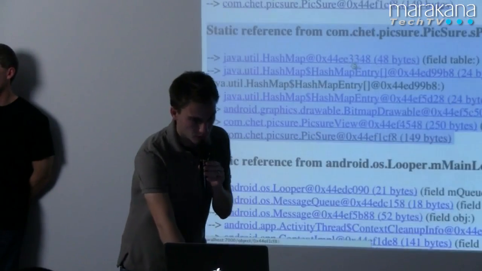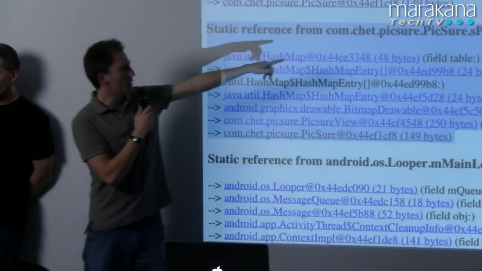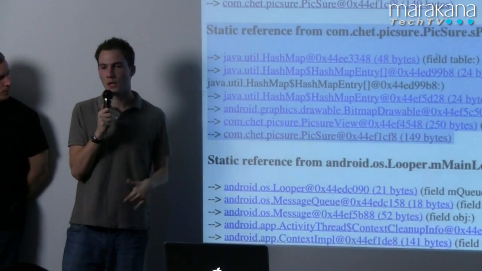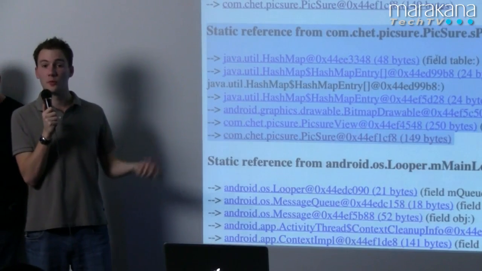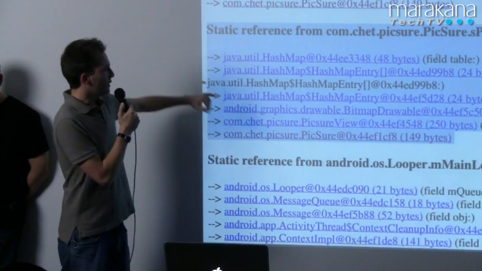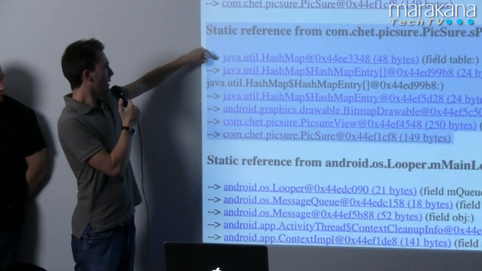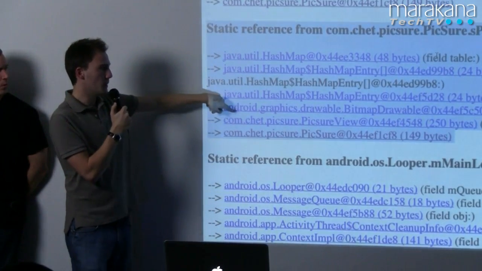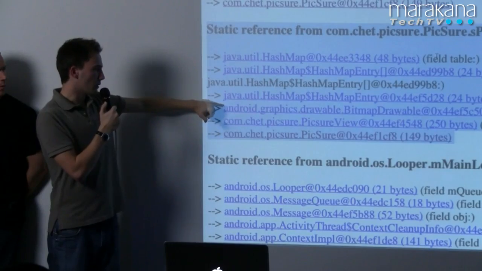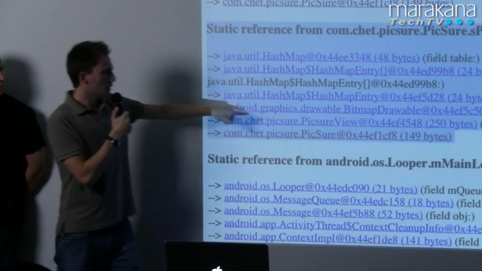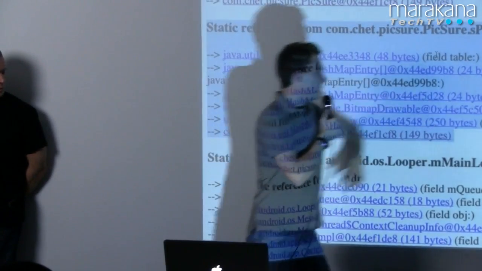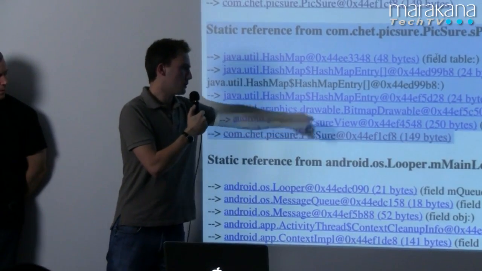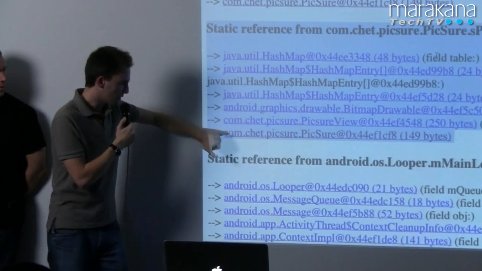It's a static reference from a field called sPictures in my class. sPictures is a hash map that I've created. It's a cache that contains all the bitmaps that the application is displaying. And if we look at the chain of reference, we have the hash map, a hash map entry, some stuff, then we see the bitmap, a bitmap drawable, that's my picture. And that bitmap has a field called mCallback. The mCallback is referring to something called PictureView, and PictureView has a field called mContext, and that context